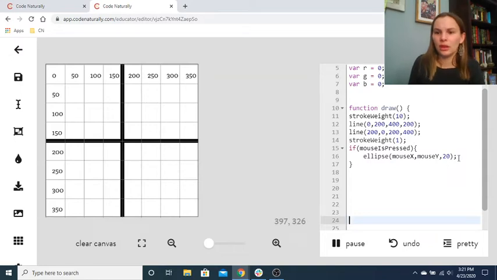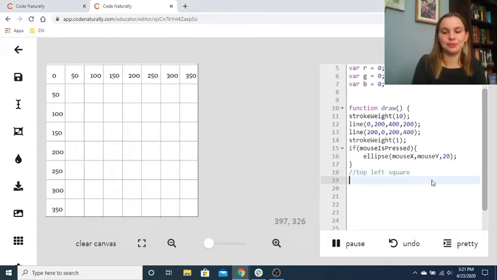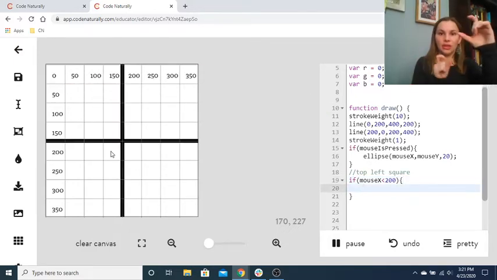Okay, so I'm going to say, let's make a comment that says this is for the top left square. And I'm going to say, if, in parentheses, mouseX is less than, wherever my line is right here, which I put mine at 200, then I'm going to say the curly brackets, and we're going to